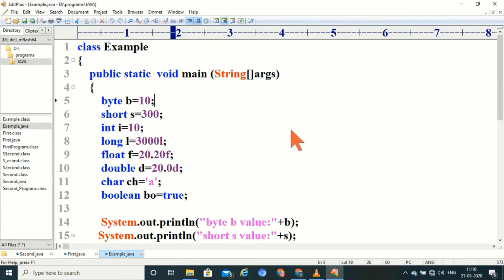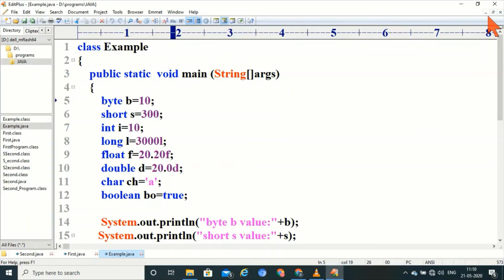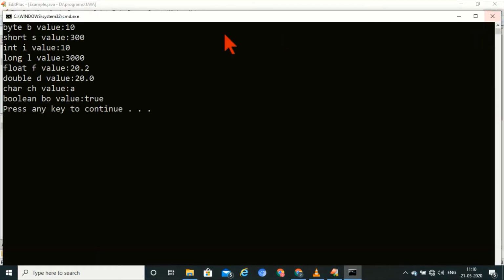Let's execute this. Control 1 for compilation. Control 2. See, byte, int, long, float, double, character, boolean. That's it.